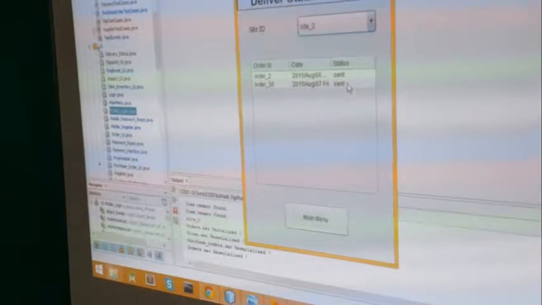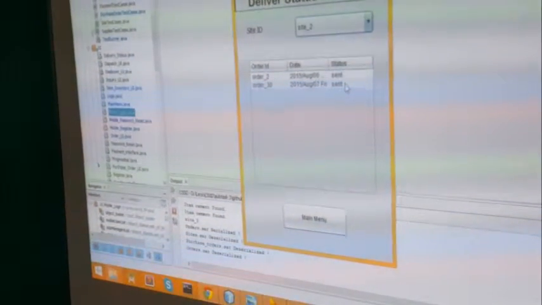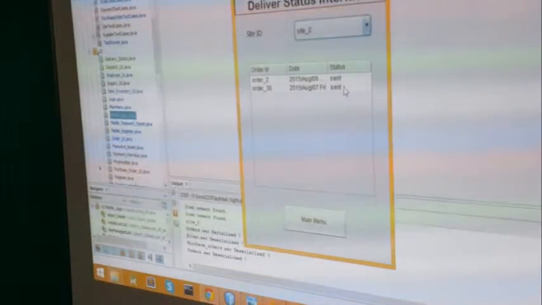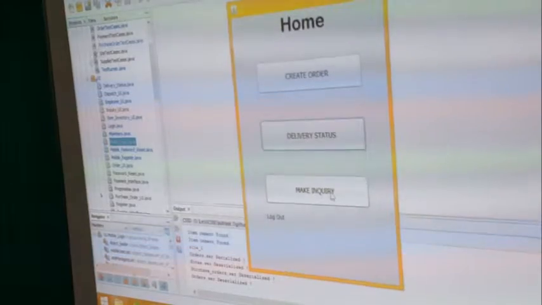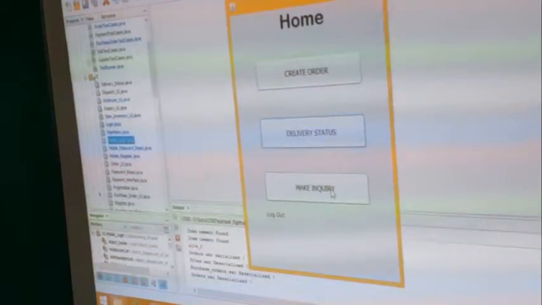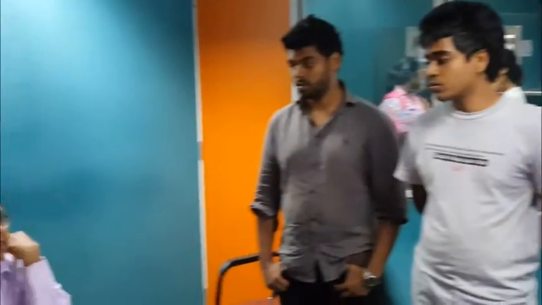These are the orders made. You can see the status. It just shows "sent" because I have just created them and haven't approved them. And make inquiry. Status should be printing, right? No, just sent. When they review the order, it will show the pending message. When they approve it, it will show the